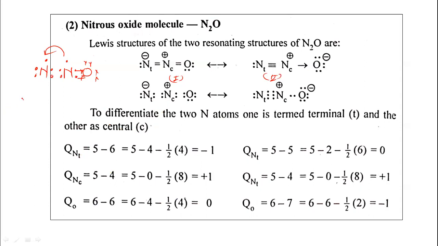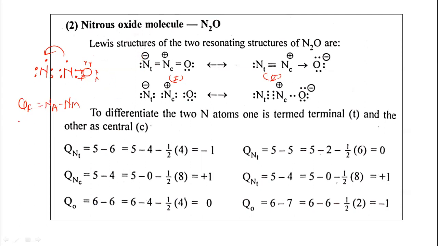Formal charge is equal to Na minus Nm. The number of valence electrons is 5. But the number of electrons in this structure is 1, 2, 3, 4 and this 5, because of one electron of this, so 6. So 5 minus 6 is minus 1. So you can see that negative charge is there.